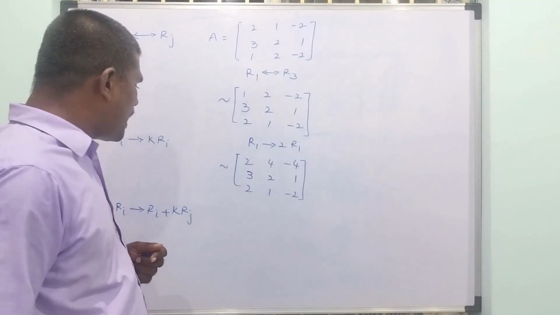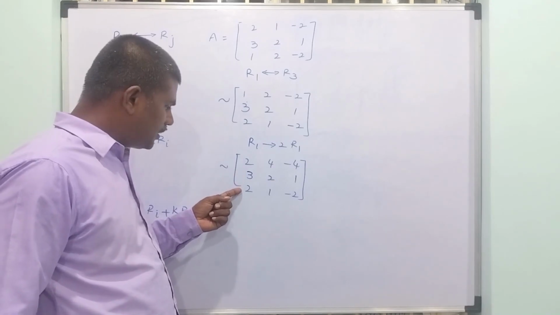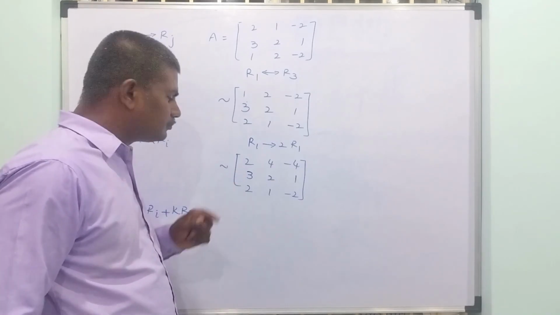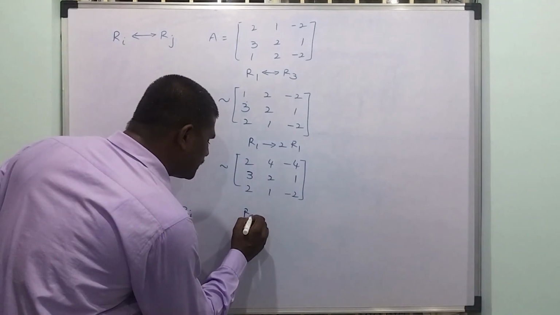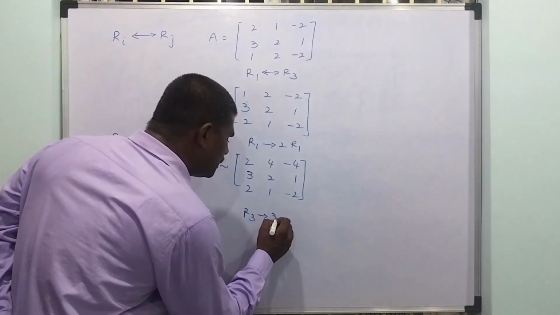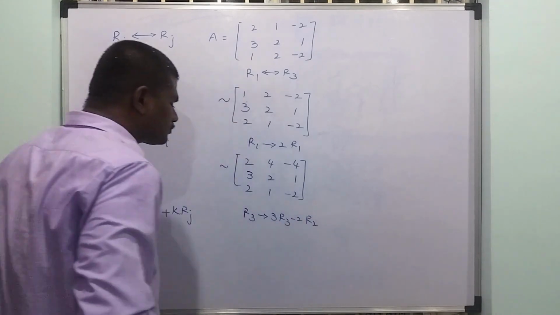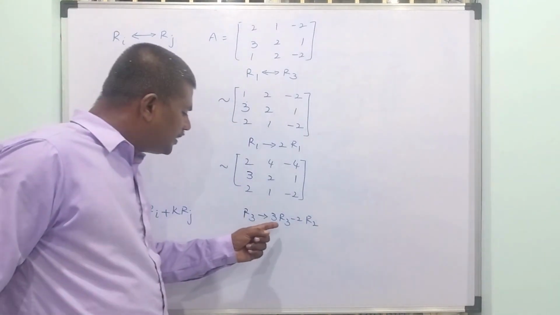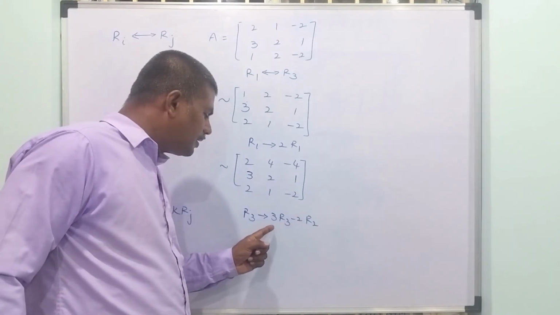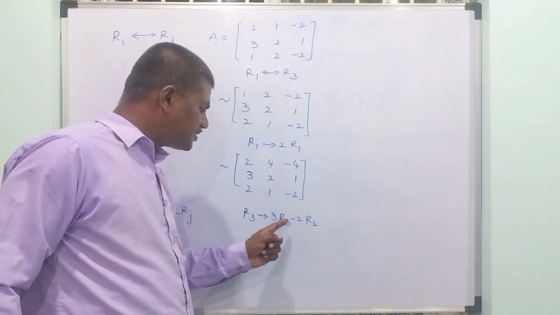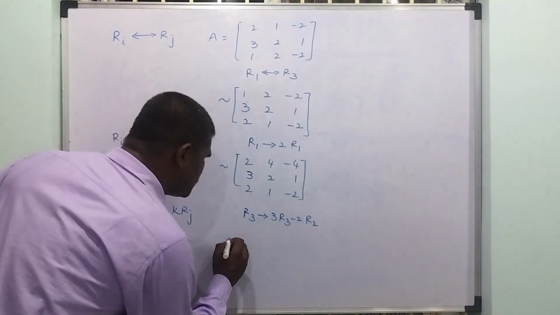Suppose I am multiplying this one with 2 and this one with 3 and subtracting from them. That means this operation can be noted as R3 → 3 R3 minus 2 R2. I am multiplying the third row with 3 and the second row with 2 and I am subtracting these two values. That means the resulting matrix will be